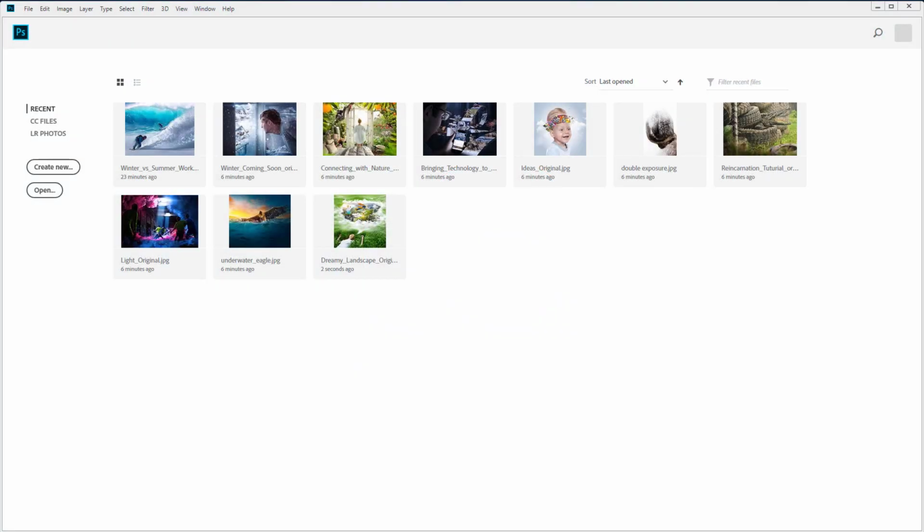In this lesson I'm going to show you how to filter your recent documents in the Start Workspace area. So let's jump straight into Photoshop. You can see that we have our Start Workspace area up and we have some recent files included in the Start Workspace area. So the first thing I want to show you is how you can actually swap between the